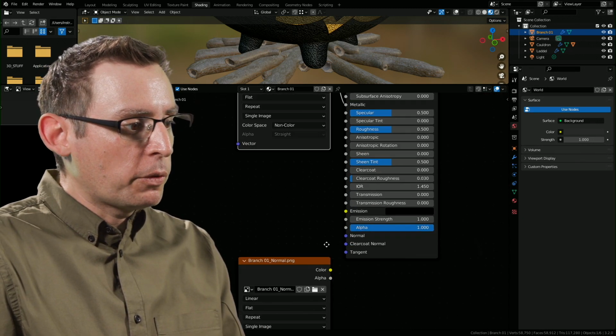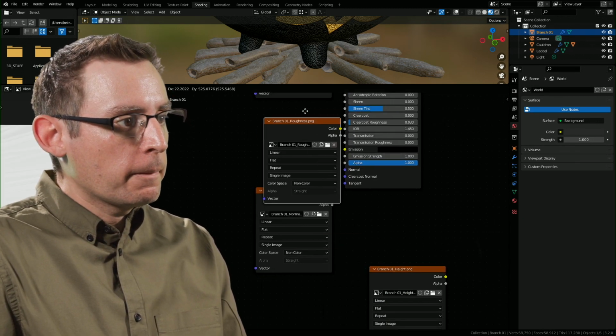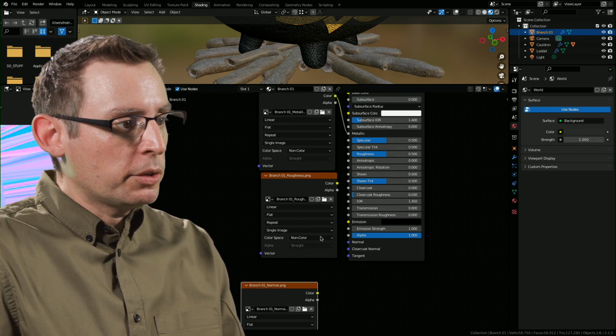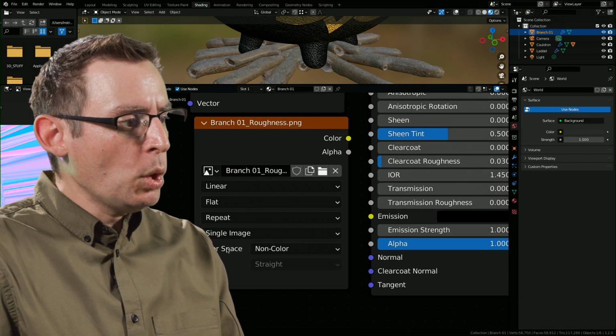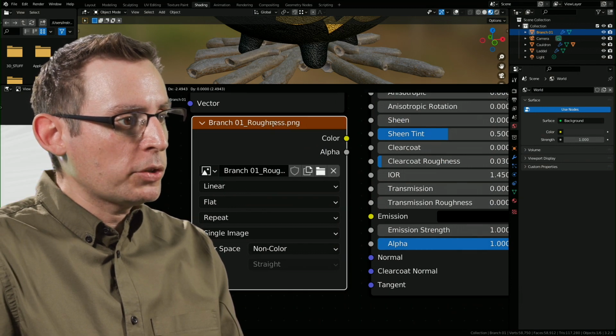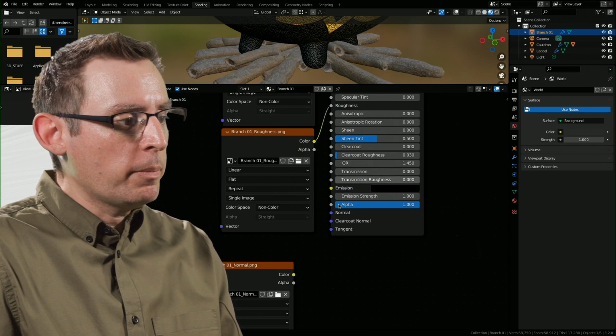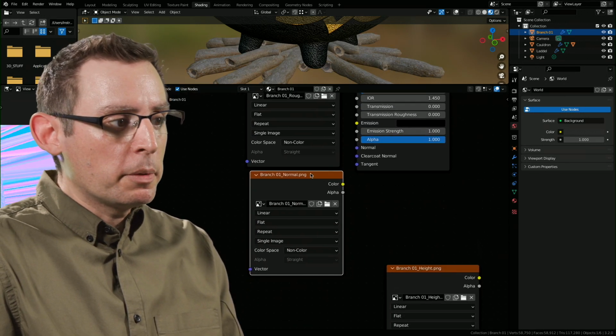We're going to do the same thing for the roughness. Let's grab it, bring it up so it's a little bit in, so it kind of matches the order that the channels appear inside the shader. I want to make sure the color space for roughness is also set to non-color. And let's load in, whoop, just like that. Wonderful.